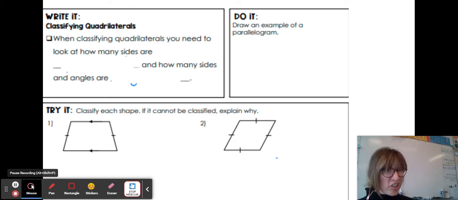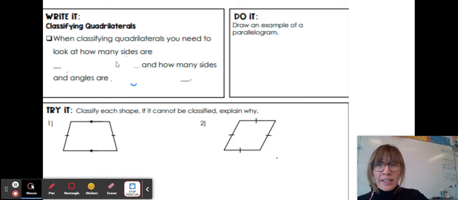So in continuing our notes here, we're thinking about quadrilaterals, right? They have four sides. So when classifying or grouping up or making statements about certain quadrilaterals, you need to look at how many sides